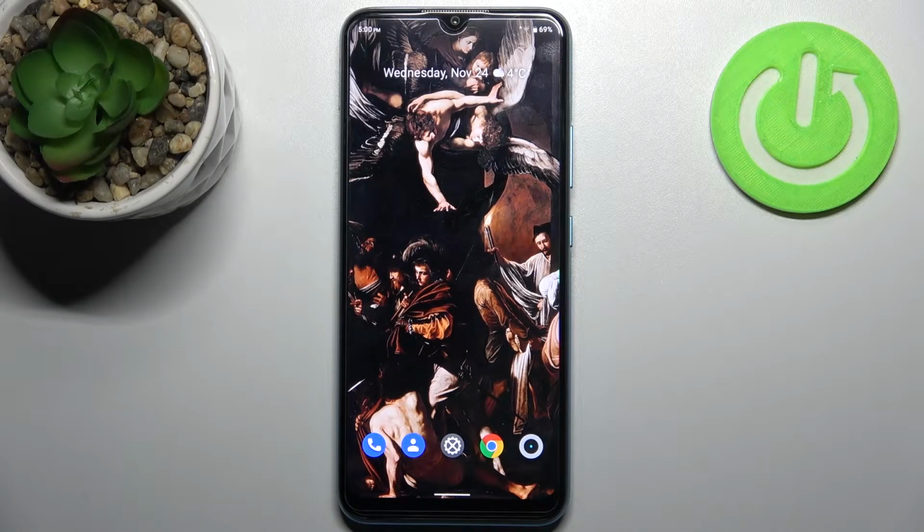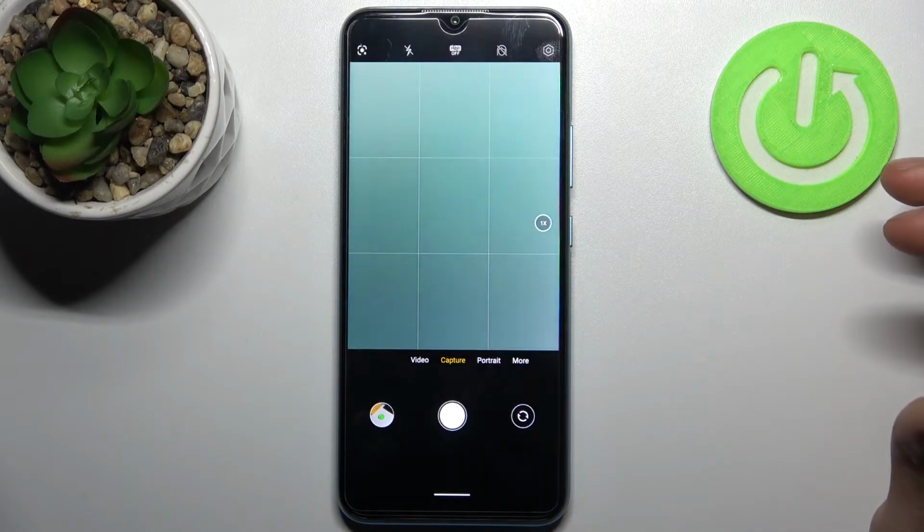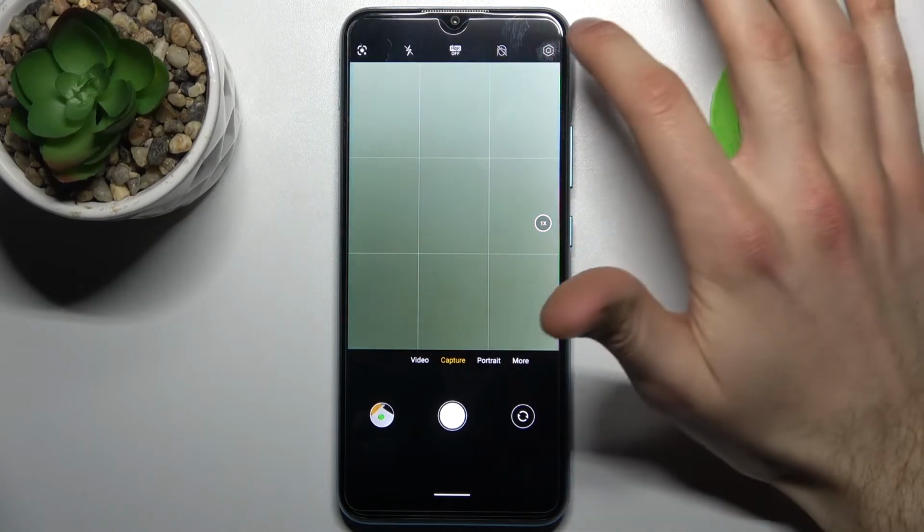Here I have REALME C25Y, and today I'm going to show you how to enable camera timer on this device. So firstly, you have to open your camera, and here in the camera you have to tap on the gear icon to access its settings,